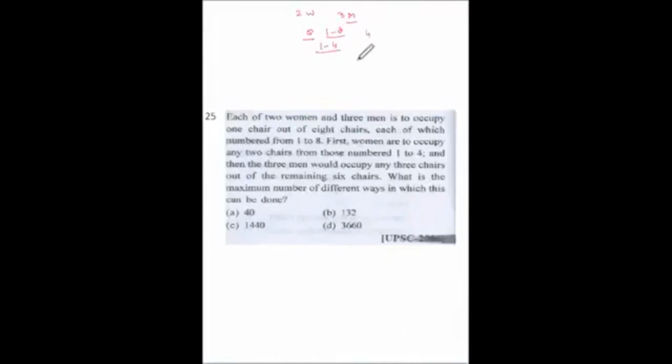Here 3 women can occupy 2 chairs out of first 4. So 4P2 out of 4, 2 chairs, and 3 men would occupy the 3 chairs out of remaining 6 chairs. So 6P3. So 4P2 is the number of ways in which 2 women can occupy 2 chairs out of first 4